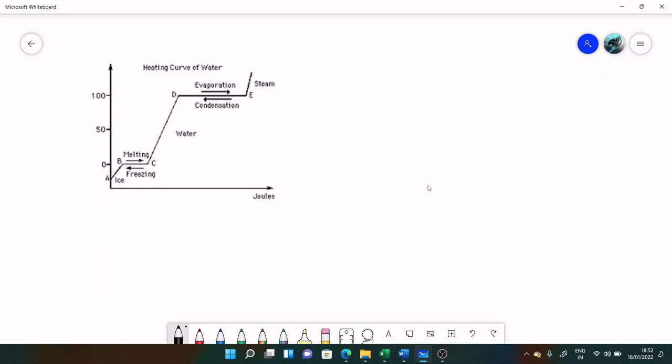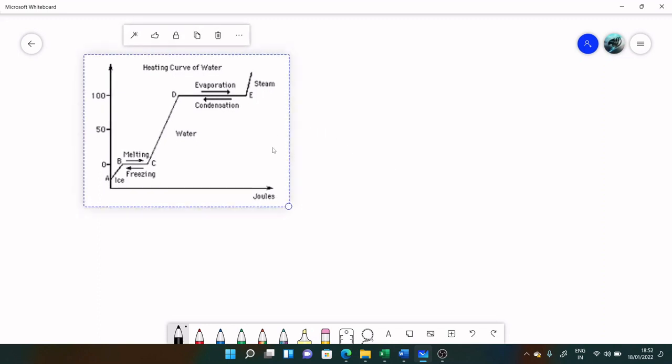Now that we have a basic idea of these temperature points, let's take a look at the heating curve of water. This is a heating curve of water. Now, after looking at this heating curve of water, I'm sure you have a better idea of what this is. The heating curve of water tells us the melting and boiling point of water. Water melts or freezes at 0 degrees Celsius, and water vaporizes or condenses at 100 degrees Celsius, as we can